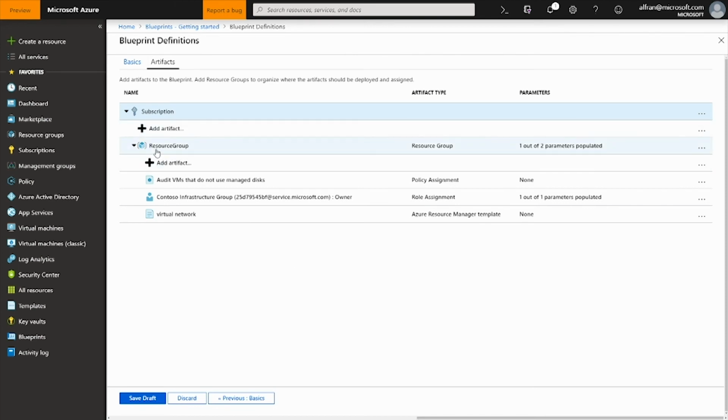The blueprint is going to create a resource group, and then within that resource group, it's going to assign this policy, assign this RBAC role as an owner, and also deploy and create a virtual network with 2 subnets. We simply click Save Draft,